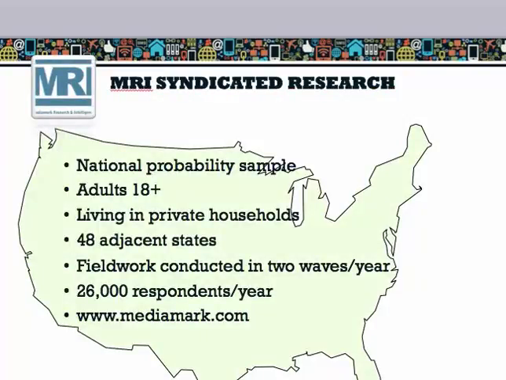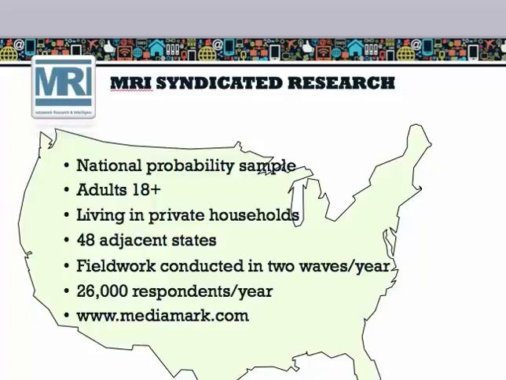Let's start with MRI. MRI is a syndicated research company, which means they collect their data and gather tabulated databases where they export the demanded sections of their huge data to companies. So they syndicate their own research. They use a national probability sample, which means they go ahead and ask